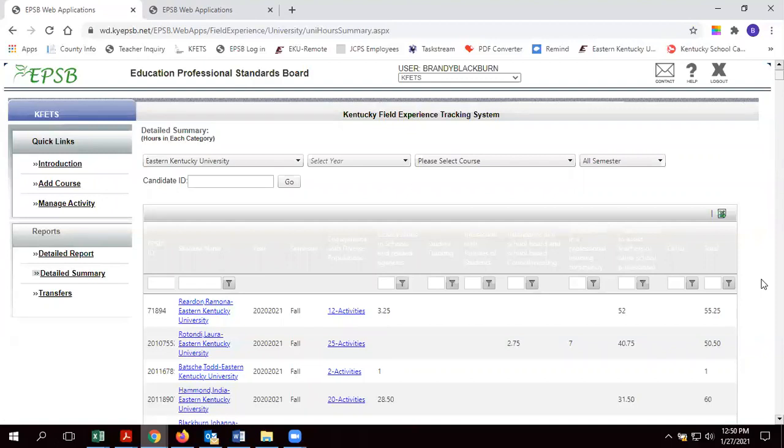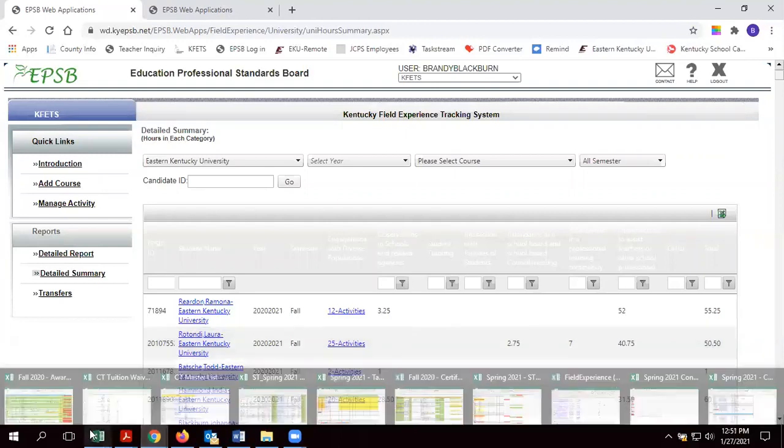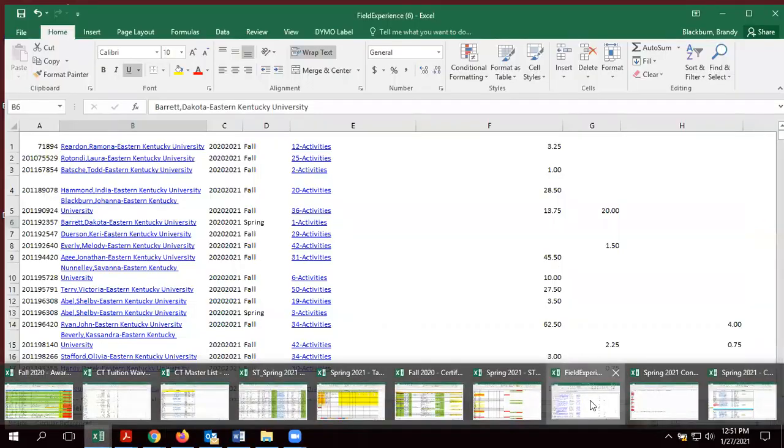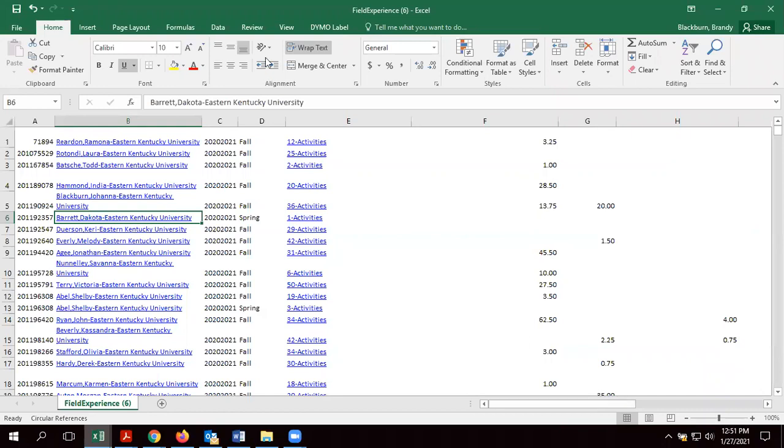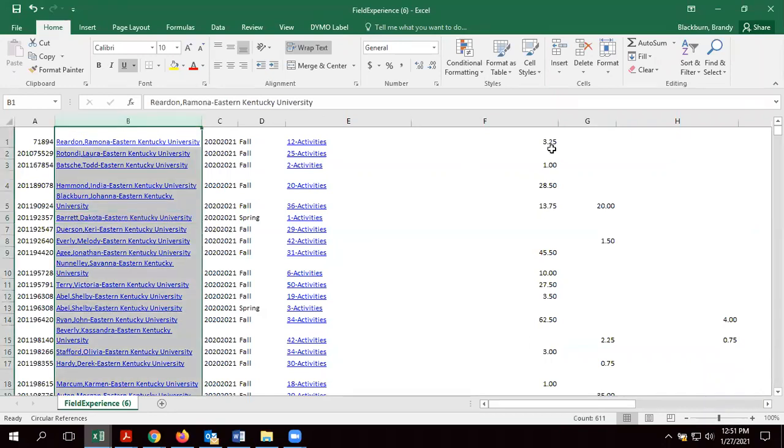So what you can do is, if you'd like to have that report, and you could sort it by your candidates, you can click on this Export to Excel icon, and that will export into an Excel spreadsheet for you. So when it comes up, it's going to look like this. And it makes it easy if you want to just sort by